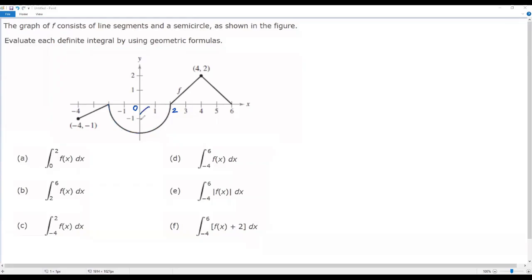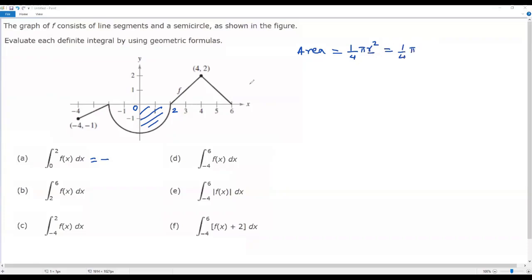Now to get the area of this region, we can use geometric formulas according to the instruction. And we can also notice one more thing: from x equals 0 to 2, the region is below the x-axis. So the area we get for this one has to be negative. Whenever we have area below the x-axis, it has to be negative. Now to get the area of this region, that is 1/4 of the circle, we can use the formula. The required area equals 1/4 of the area of the circle. The formula for the area of a circle is pi r squared. So 1/4 times pi times